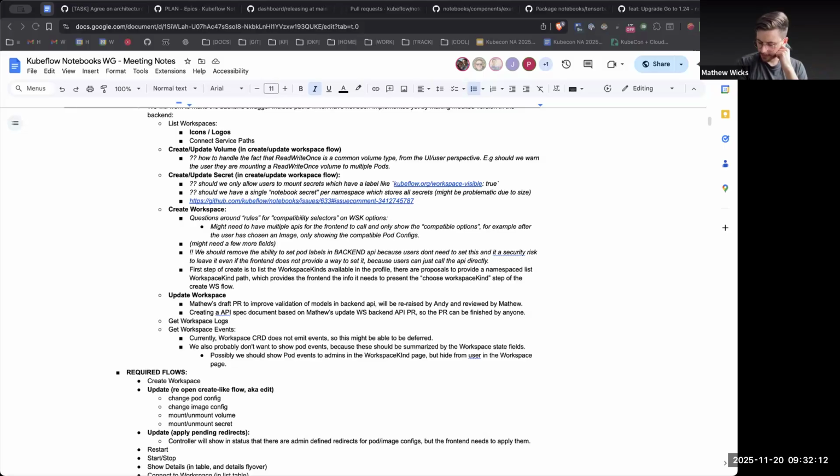So in that vein, though, we haven't revisited what is going to happen to workspace kind list and get. Well, get is never going to be called by the user. So list, will it be a separate path, or how will we indicate that this is not an admin list? That this is a user list.